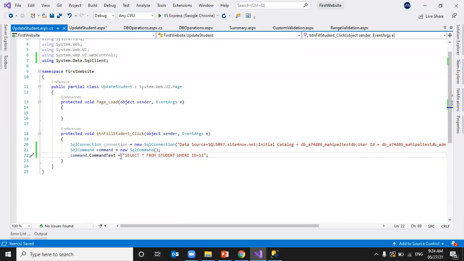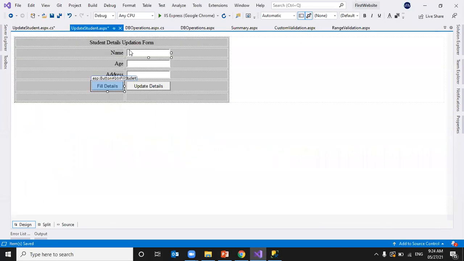Then we will bind the details to the text boxes. So we have 3 text boxes: name, age, address. Whenever I click the fill details button, I'll get the particular student details and bind them to these text boxes.